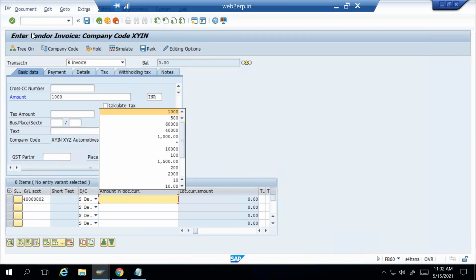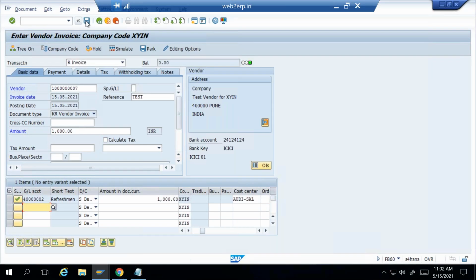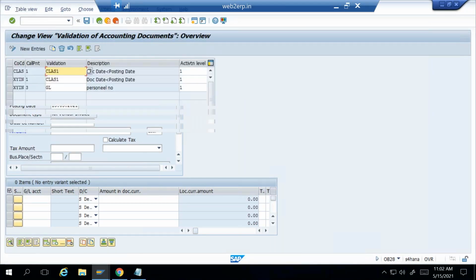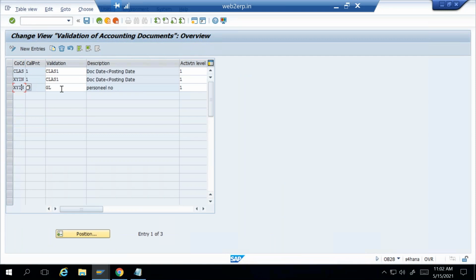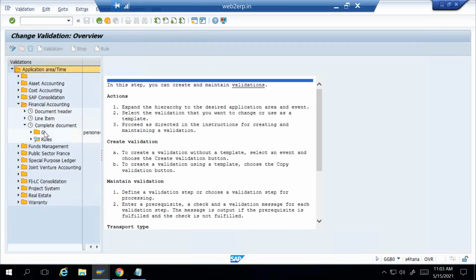Just 1 minute. So 1000, and then cost center, and let's try to post. Okay, it is getting posted. Let me go to OB28 and see what is the error. OB28 XYIN GL is active. This personal number is active. Okay, and what is our validation? So GGB0, financial accounting, complete document, GL,